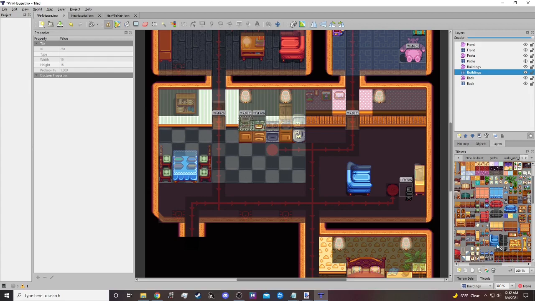But if we take this couch, you can click X and it will flip it horizontally. You can also do Y and flip it vertically, which doesn't work for the couch unless you have an upside down house, or maybe a couch on the ceiling or on the wall. I don't know. But you can also use Z to rotate it,